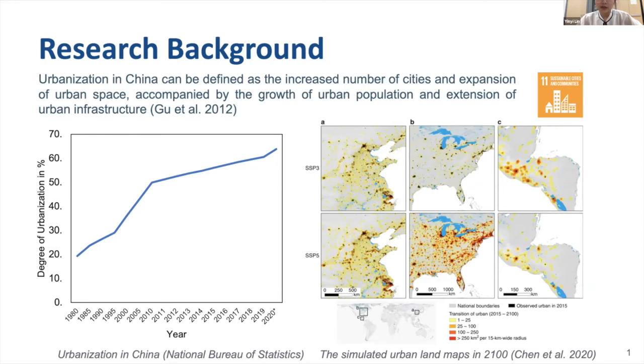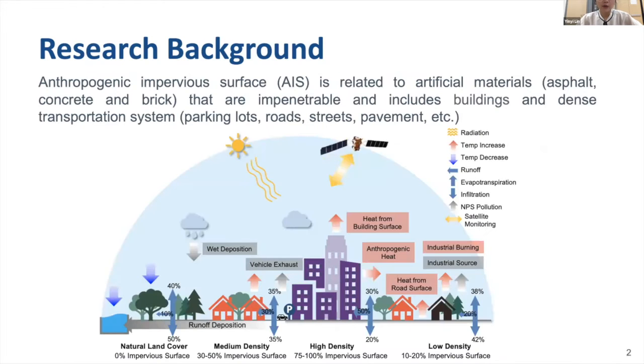Monitoring the impervious surface can serve as an indicator of the urbanization process, and it can also support sustainable city development in SDG 11. The anthropogenic impervious surface is related to artificial materials that are impermeable and includes dense buildings and transportation systems. It can demonstrate different socio-economic and environmental properties, including the urban heat island, non-point source pollution, and urban